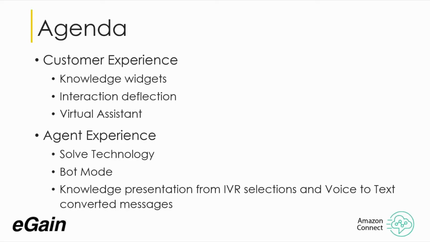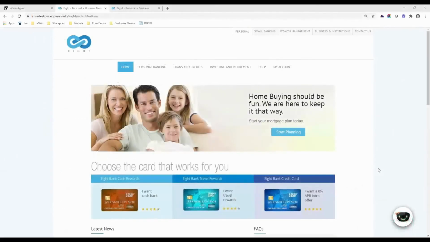Agent tools such as Solve and Bot Mode infuse the desktop with knowledge and guide the agent using AI. And Amazon Connect's voice-to-text technology effortlessly converts all dialogue between the agent and customer and proactively presents the agent with the appropriate process guidance. First, we're going to start off by looking at the customer point of view